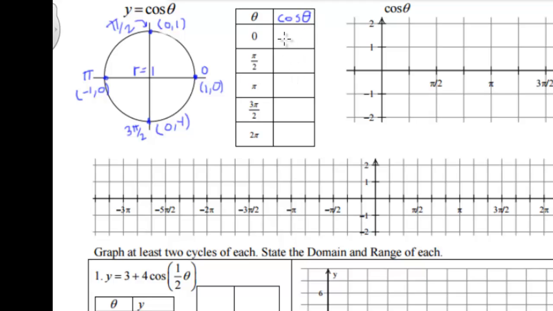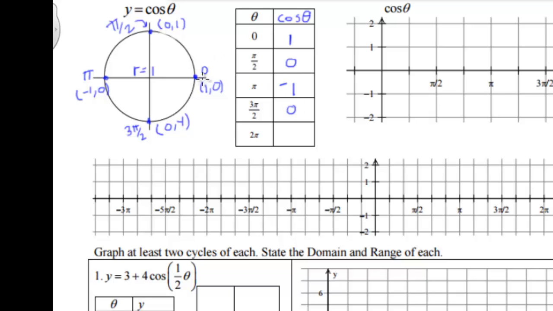This is the parent function for cosine theta, and now we're going to put in the x-coordinate of all these points around the circle. Now remember that cosine theta is the x-coordinate over the radius, but since the radius is 1, 1 divided by 1 is just 1. Here at the angle of 0, the x-coordinate is 1 divided by 1. Then if I go up to pi over 2, the x-coordinate is 0 divided by 1, which is just 0. And then over here at pi, the x-coordinate is -1 divided by 1, which is -1. Down here, x is 0,